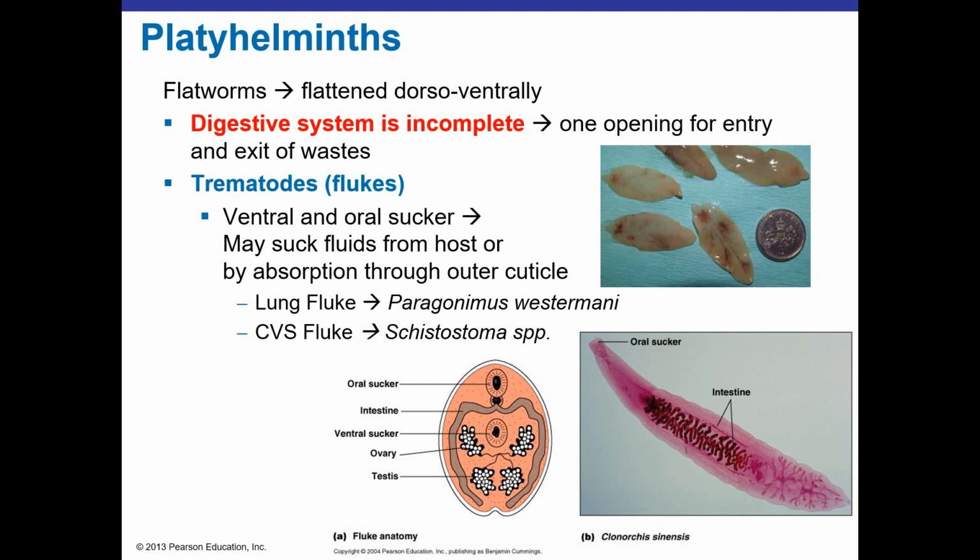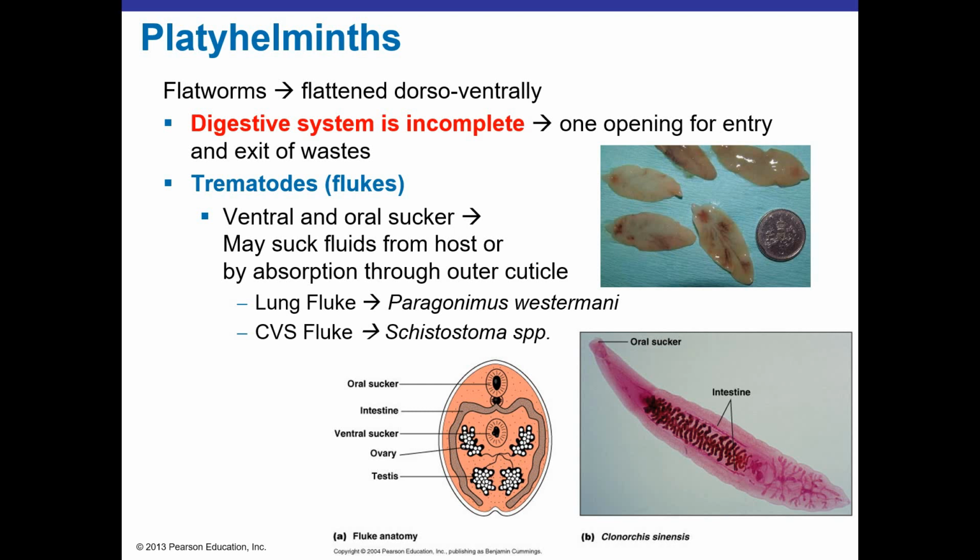As you see, they are going to be hermaphrodites. They have both ovaries and testes, and the intestine pretty much is going to bathe those organs so that, again, most of the nutrients are going to their reproductive success. Their digestive system is incomplete. They have one opening for entry and exit, so things come in, circulate around, and they then go out the same way. So we'll take a look at the life cycle for two examples, the lung fluke, Paragonimus westermani, and